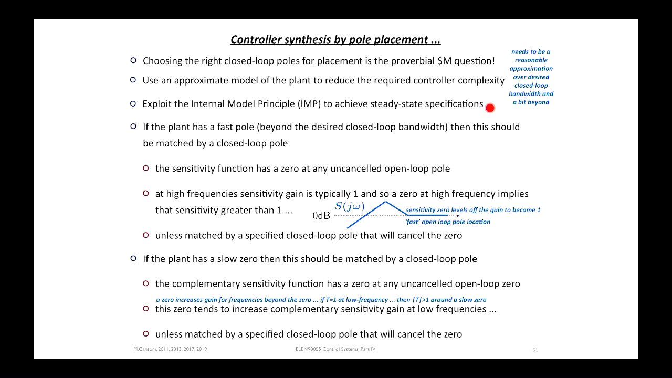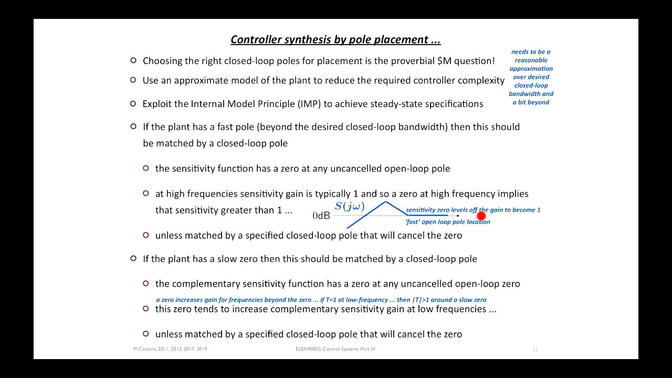There are some ways of making sure you get the right steady state behaviour, as we've seen, by exploiting the internal model principle. And there are some simple rules of thumb that you can follow. If the plant has a fast pole beyond the desired closed loop bandwidth, which will relate to where you're trying to put the closed loop poles, at least the dominant ones, then this should be matched by a closed loop pole. So you've got to use information about the plant to set the location of one of the closed loop poles. And the rationale for this is that the output sensitivity function will be 1 at high frequencies,